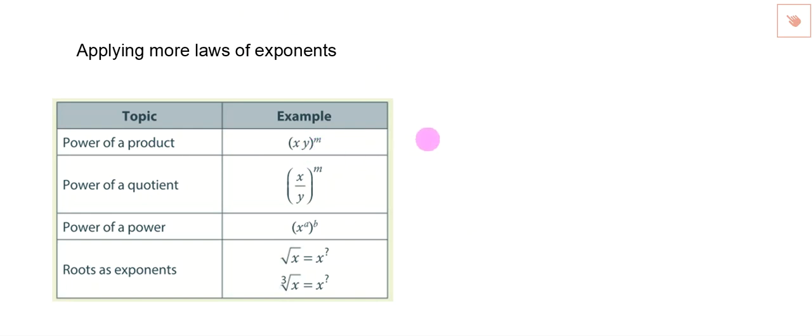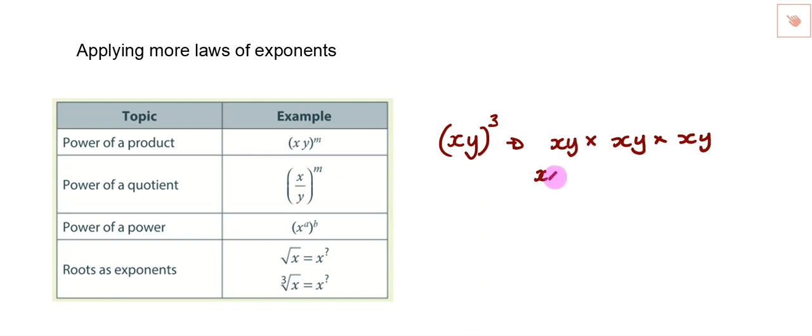You've seen powers that are applied to one of the parts, one of the factors inside brackets, but this is where you have a product, so a multiplication inside brackets and then an exponent outside. So what this means, for instance, if I've got x multiplied by y, and let's just say that m was a 3, what that means is we've got xy multiplied by xy multiplied by xy. So xy is just multiplication, so that's x times y times x times y times x times y,